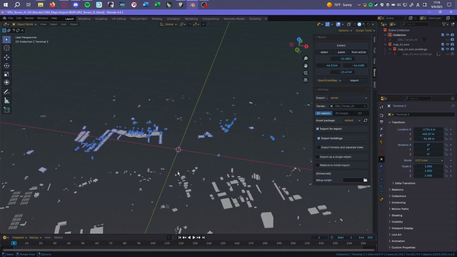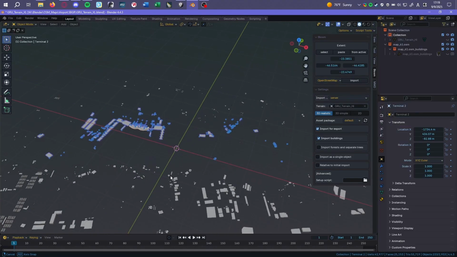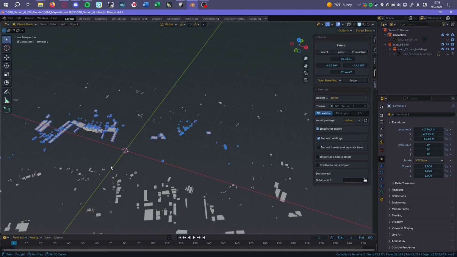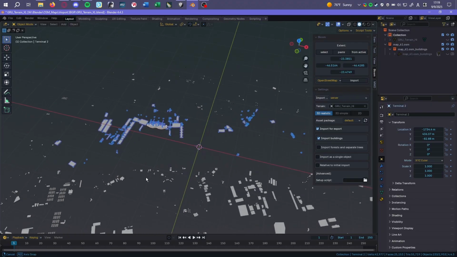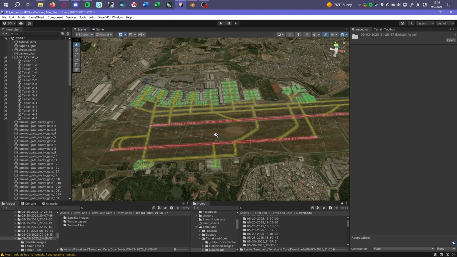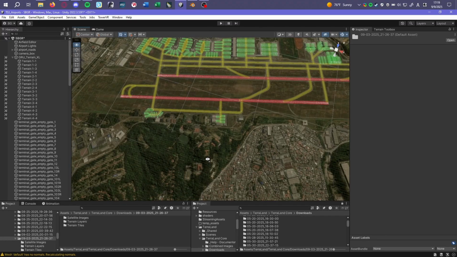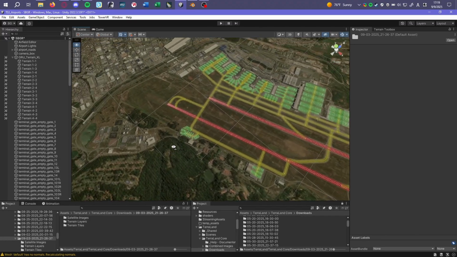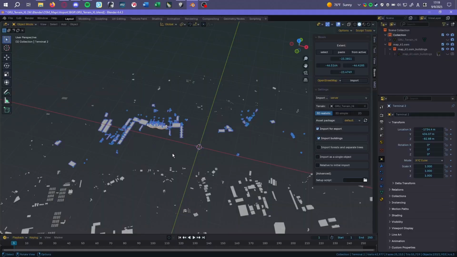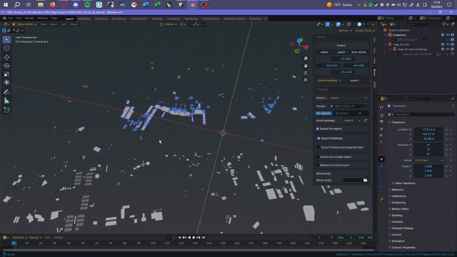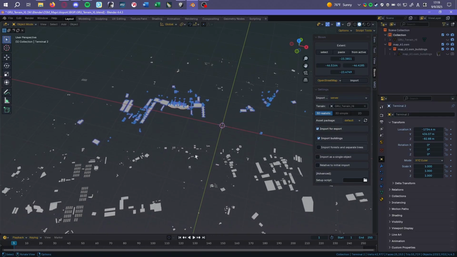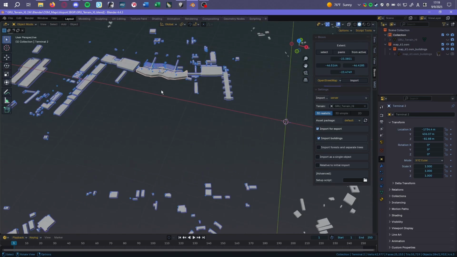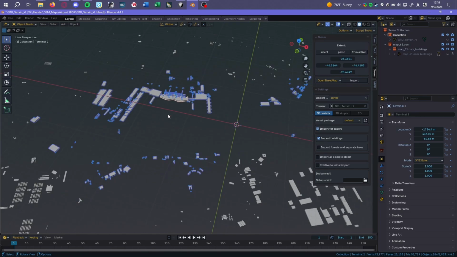Yeah. So that should, for the most part, be my main buildings. Let's see. On the opposite side, go ahead and grab those. Alright, so now that we have those, I want to